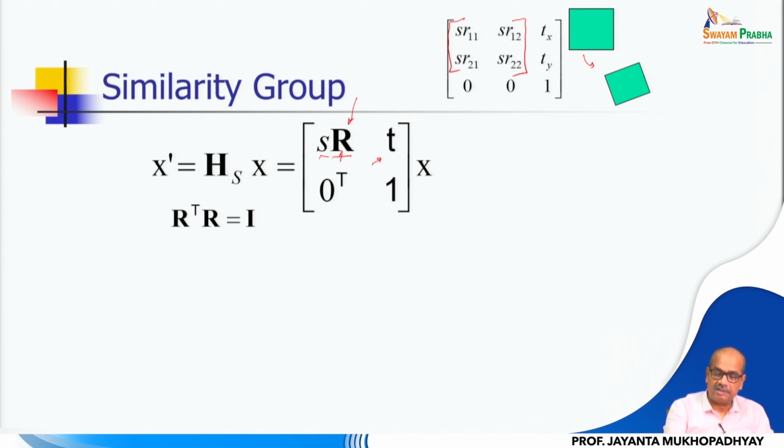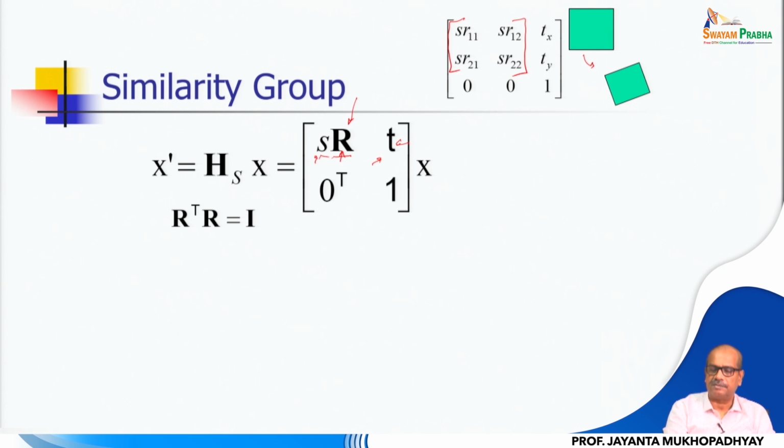You have this rotation parameter, translation parameters, these are the coordinate transformation parameters, and then you have the scale parameter. So there are only 3 parameters. In this case, if I want to estimate a similarity transformation or similarity matrix, then I require only, as you understand, 2 point correspondences, because from each point correspondence I will get 2 independent equations, and since there are 3 unknowns, I will get an overdetermined set of equations, and 2 points are sufficient